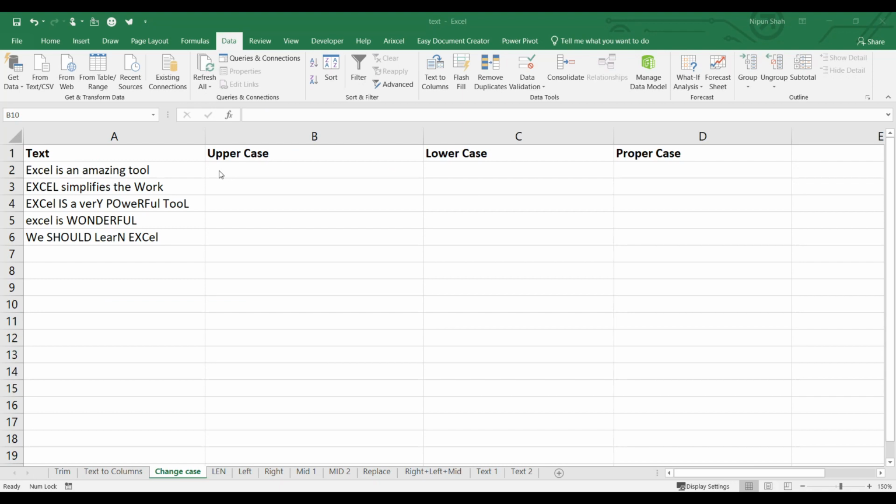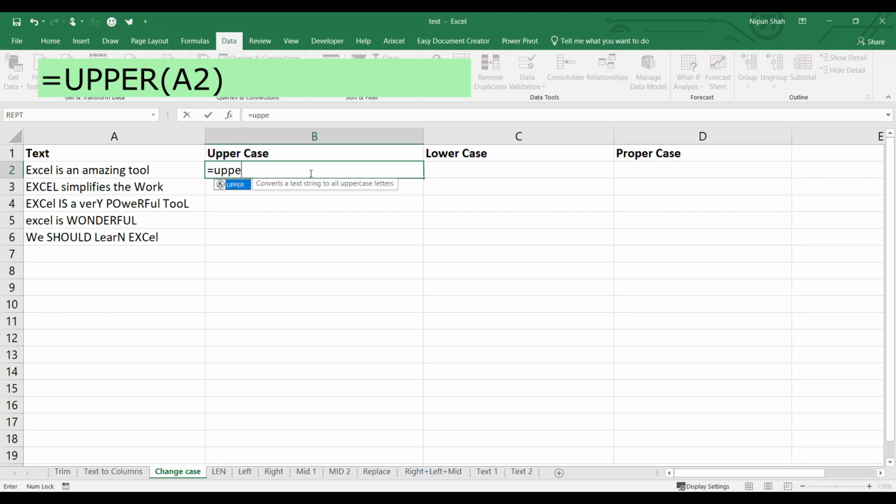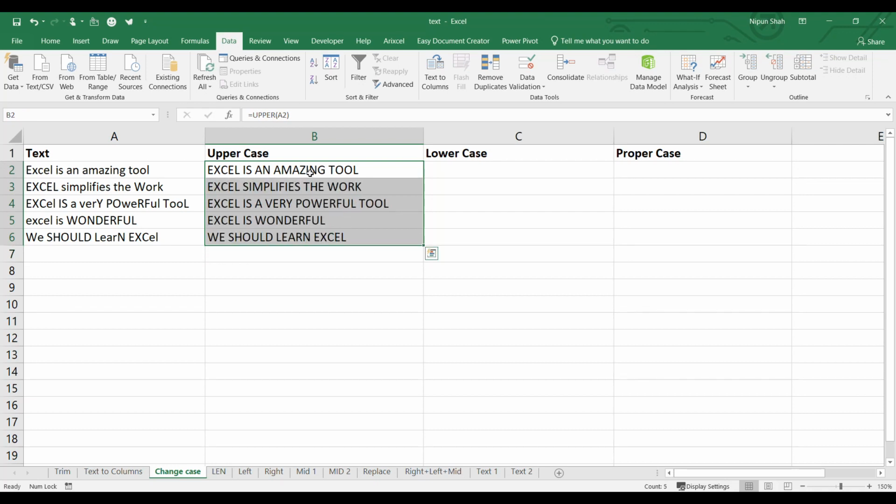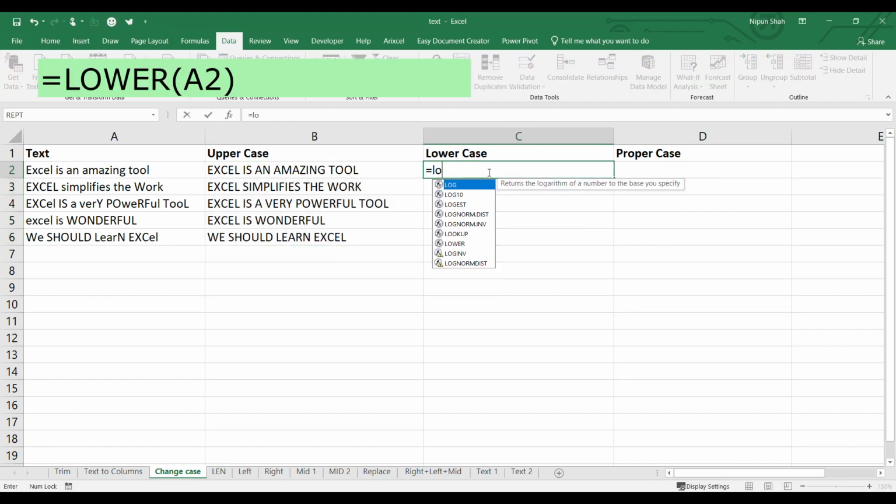We can use Excel formulas to change the case of the text. For example, here I have text strings written and every string is in a different format. So if I want to change everything to uppercase, I can write a formula equal to upper and the text string, drag the formula and it is done. On the same grounds, if I want to change my text to lowercase, there is a formula for that: equal to lower and the text string